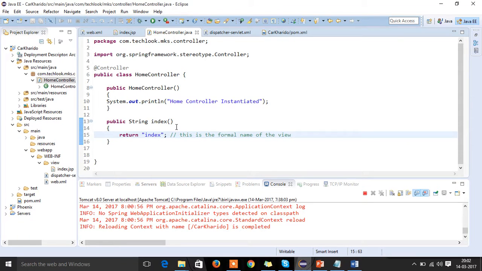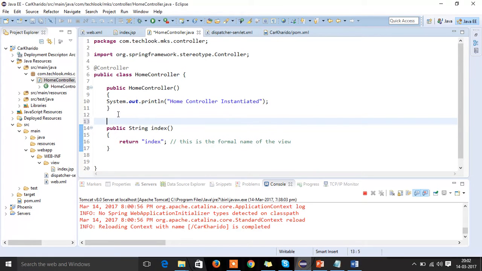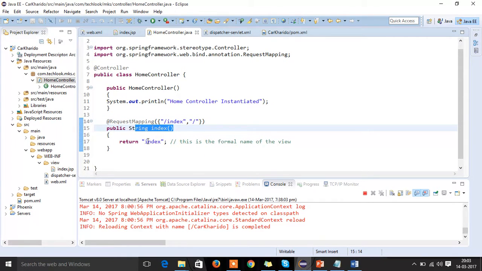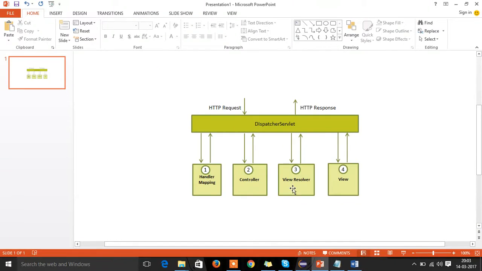So whenever a request comes with this pattern or with this URL, slash index or with slash, then the controller should invoke this method, and this method will return the formal name of the view. And once the